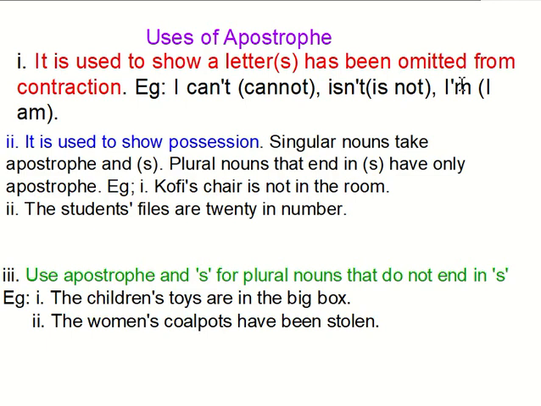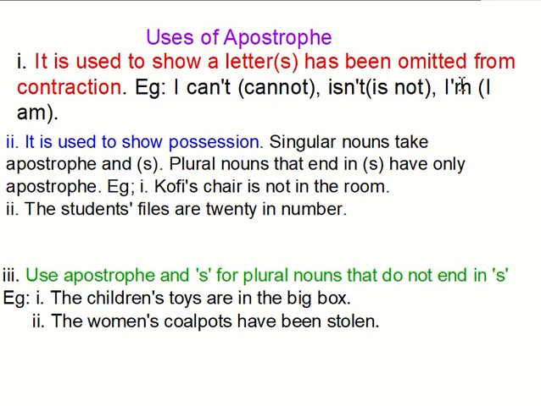We use apostrophe and S for plural nouns that do not end in S. All that we are saying is that there are plural nouns which do not end in S, and we can also use the apostrophe sign for it to show a possession or to show ownership. And after you put the apostrophe, S will also follow. The children's